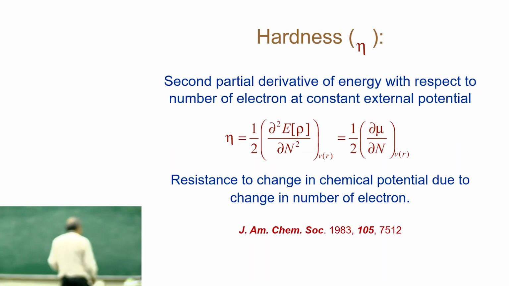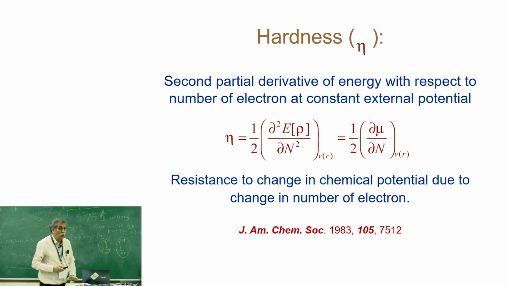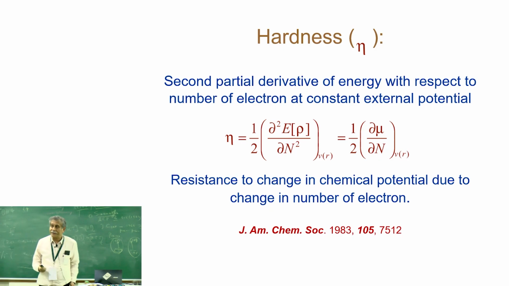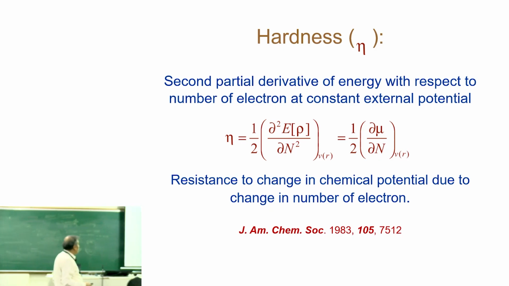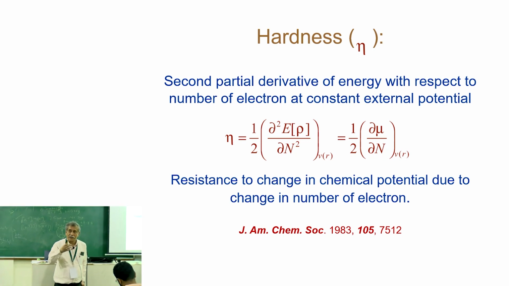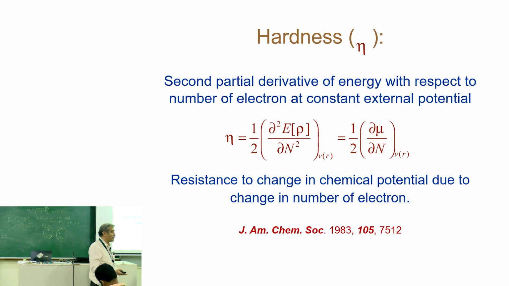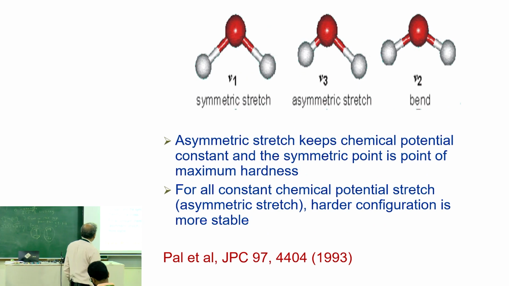Yeah, so where I actually started is this slide that Pratim has already shown, which is how do you prove the principle of maximum hardness. So remember, hardness was (I minus A) by 2, and you can take a delta SCF. As he said, I can be calculated by SCF, A can be calculated by SCF, and then subtract. You can have a Koopmans' approximation to delta SCF, which is simply HOMO-LUMO, LUMO minus HOMO. So all that can be done.